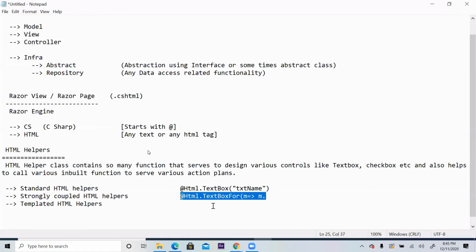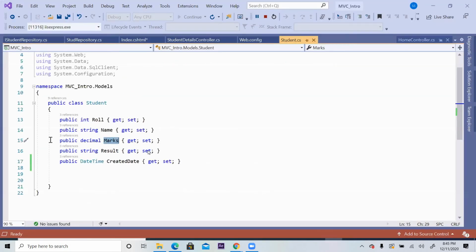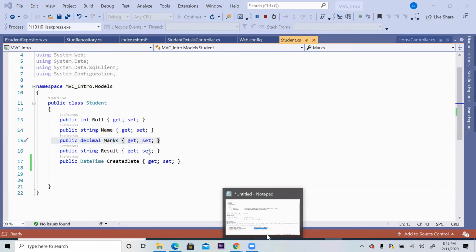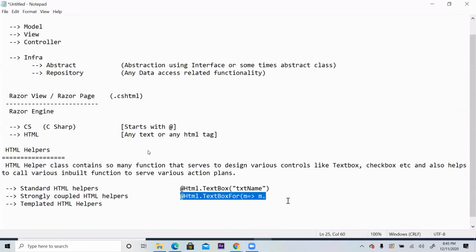Any data coming from the screen to the controller, or from UI to controller after submitting the form, whatever data I typed in this text box should be plugged to this property. That is called strongly coupling a model property with our UI text box or UI drop down, UI checkbox, whatever it is. So m => m.Marks.